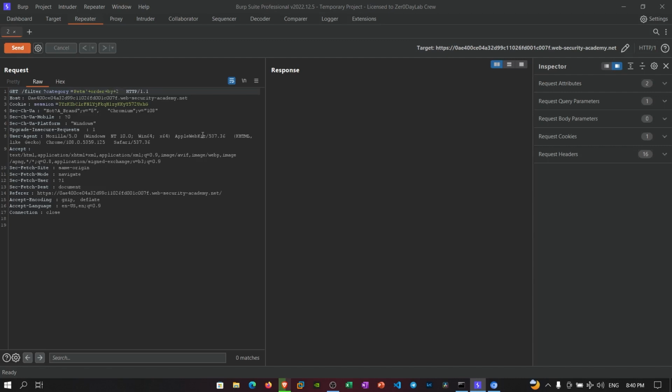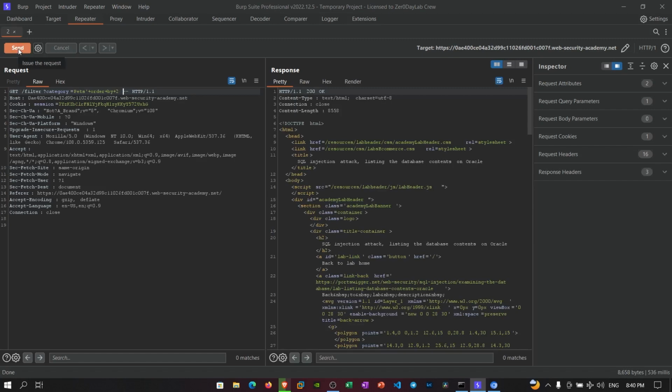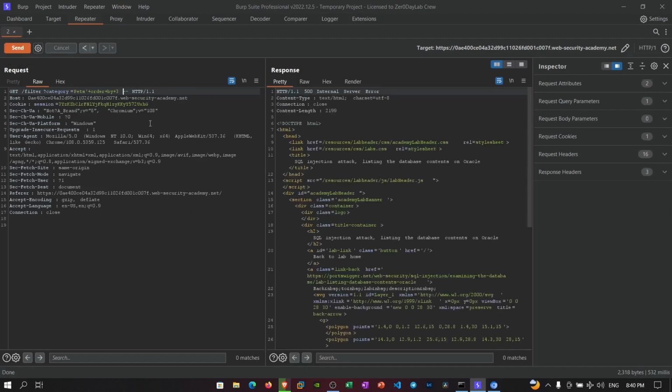I don't want to waste time anymore, because I guess there are two columns, since we did it a lot of times. This time as well there might be two, and you know what, I was right. So I'll write union select null, null